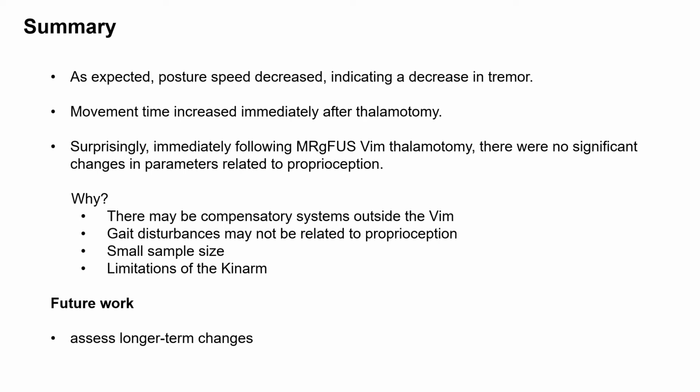Contrary to our hypothesis, there were no immediate changes in proprioception-related parameters following VIM lesioning. There could be a few explanations for this. First, lesioning might not disrupt proprioception, which means that the gait and other disturbances we see are not related to proprioceptive deficits. Or, if we're trying to pick up on small changes, our sample size might be too small to